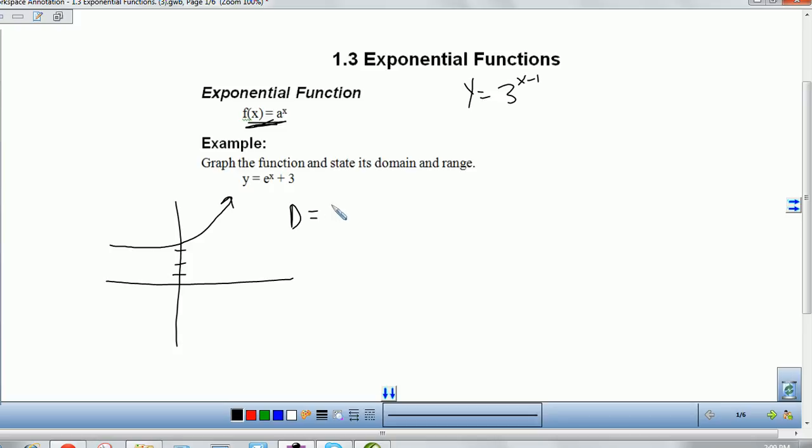And so then your domain is going to be all real numbers, so it can be any possible x value. And then your range, okay, you notice there's a horizontal asymptote here at 3. So it's not inclusive of 3, that's why we use a parenthesis, not a bracket. And so your range goes from the lowest y value, 3, to infinity. And then that's your range. Okay, and so again, they're not inclusive. And another way to write this